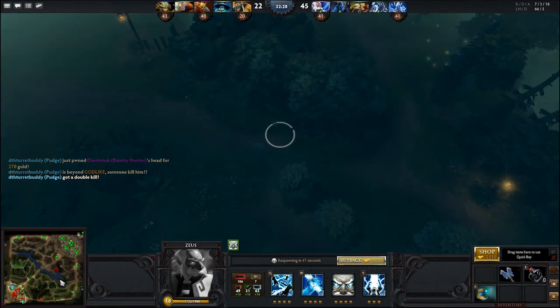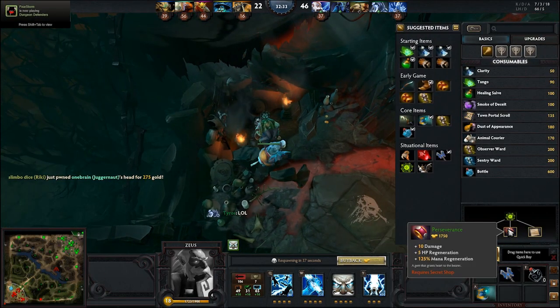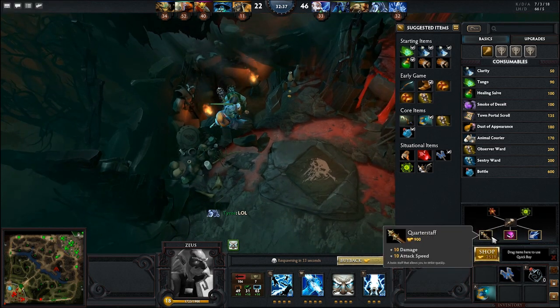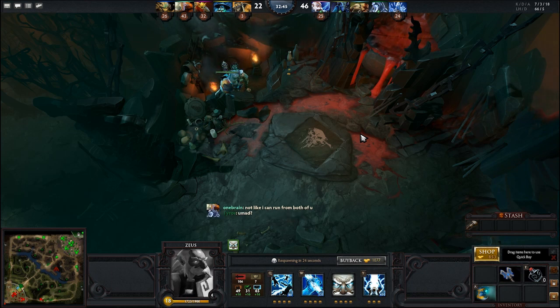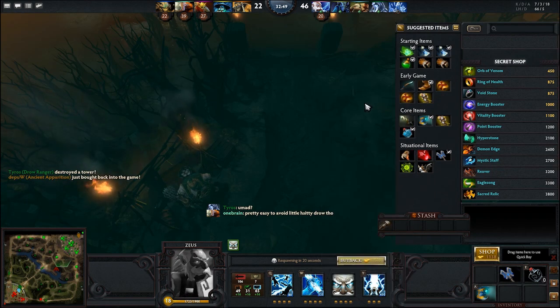But while I'm waiting, you know, I do like to pick up the Perseverance first because it gives you the HP regen as well as the mana regen. But I mean, I'm here, so I might as well just buy this while I'm waiting. I can go pick up the ring of health, sorry, by the time I've respawned. So